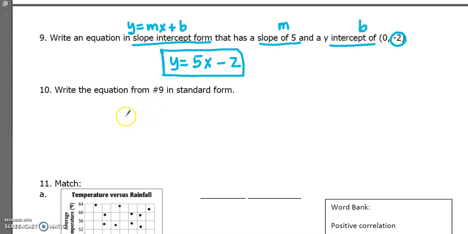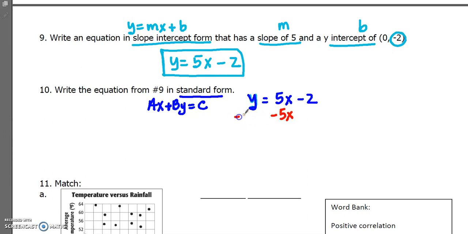It says write the equation from number 9 in standard form. So if I'm starting with y equals 5x minus 2, remember, standard form looks like this. It is ax plus by equals c. So all I need is that my x and my y terms are on the same side of the equal sign. So that means if I move my x term over here to the left,